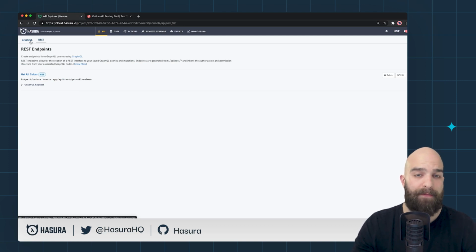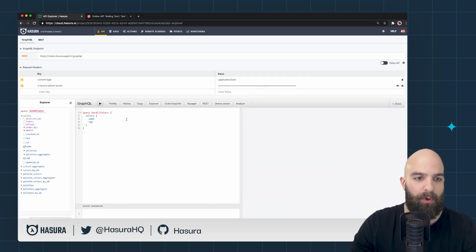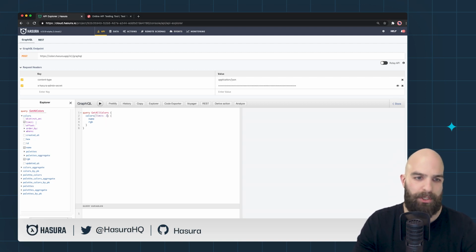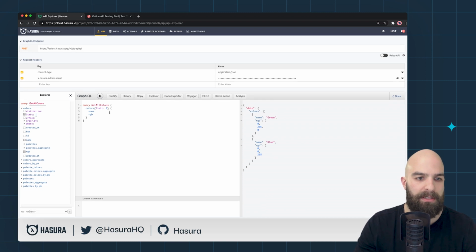So hopping over into the graphical editor now, let's look at some more advanced features of the REST endpoint control. We're going to enable a dynamic variable input here. I'm going to say that I want to limit this by, let's say, the first 2 colors, for example. Let's just test that, make sure it works. Great. Now we're going to convert this into some variables. So on that get all colors, that's going to take in input arguments,